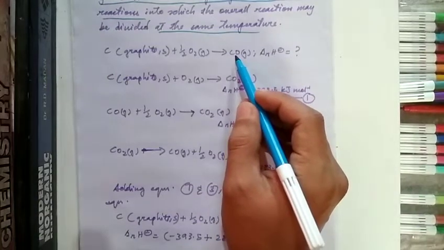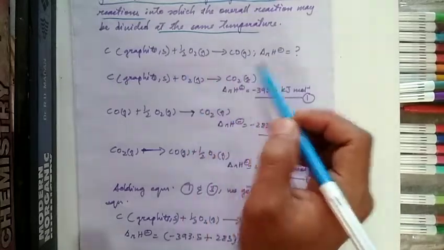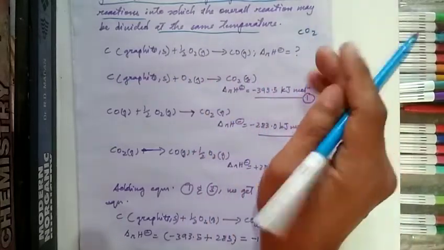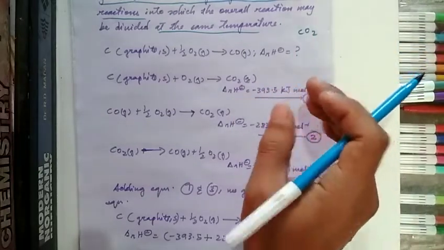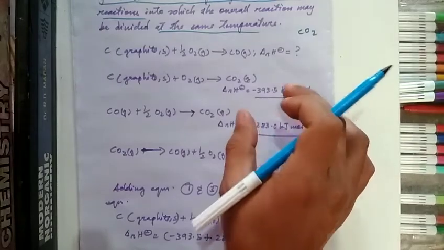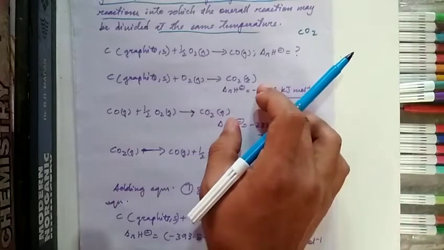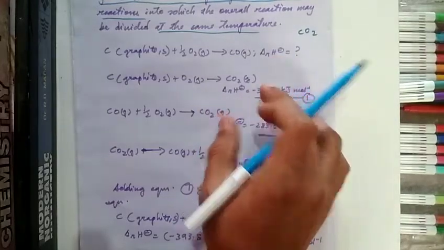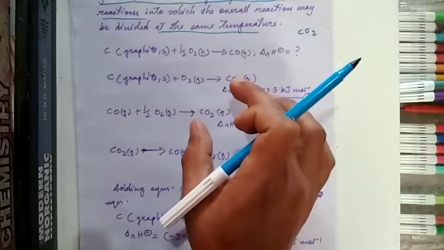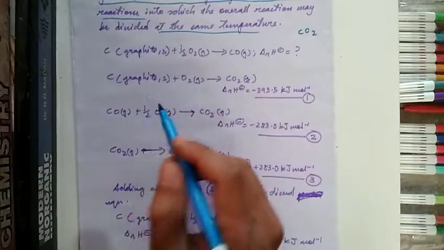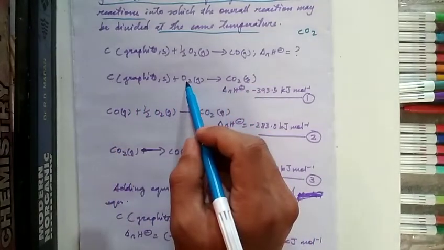Now in this case, CO is the major product, but in the actual case what we observe is that some CO2 is also produced in this reaction. So it will be difficult to measure the exact enthalpy from this reaction only. So we are going to consider other reactions involving similar species, like this kind of reaction, where carbon reacts with oxygen,